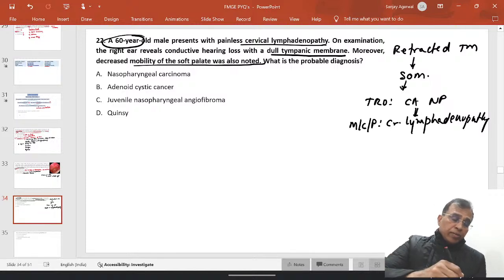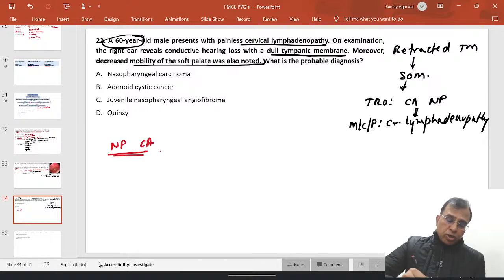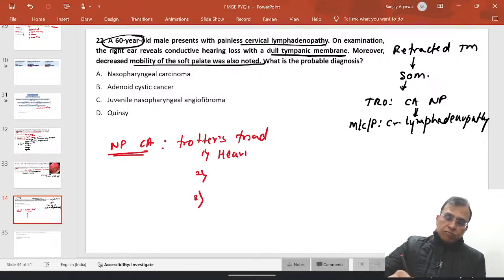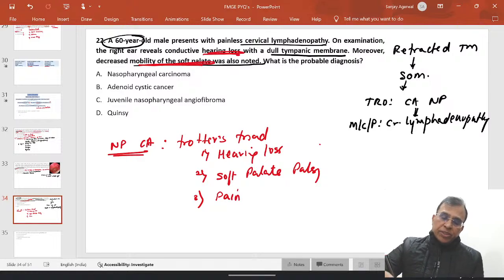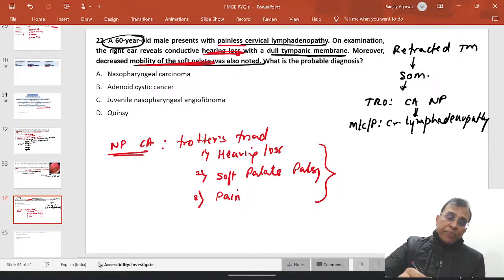Now, in nasopharyngeal carcinoma, some patients have what is called Trotter's triad. They begin to have Trotter's triad. There are three features in this triad where there is a hearing loss, which is given in this patient. There is soft palate palsy, where the palate movement is gone, which is also given here. And the third feature is pain. So pain is not given in this question, but